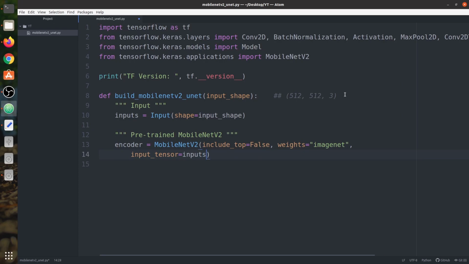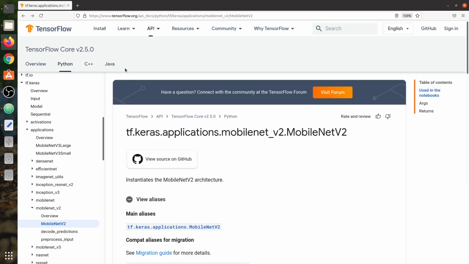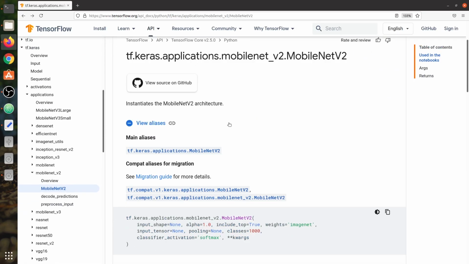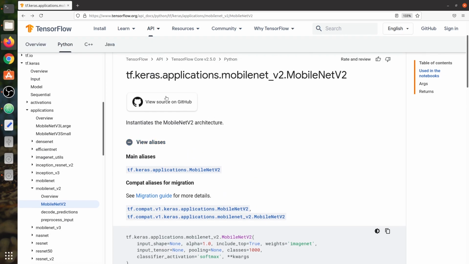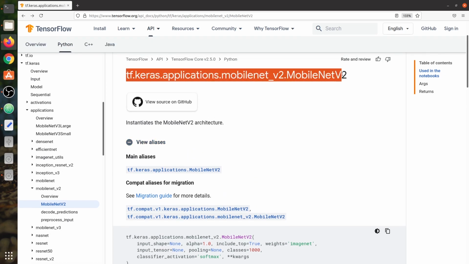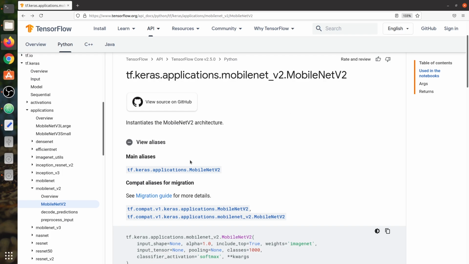Now the next thing is alpha equals to, okay, now this is alpha 1.2. Let me first go through the guide available in the TensorFlow API documentation. You can see you can also use this way to import MobileNet version 2, but the way we are using is also correct.